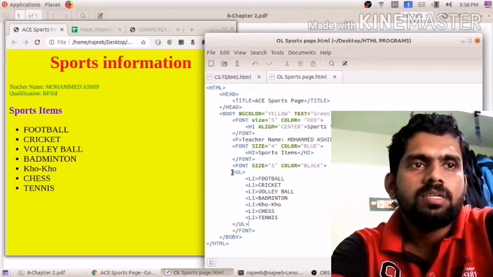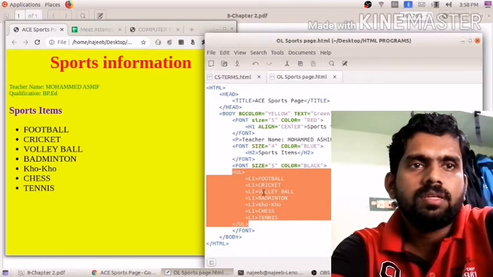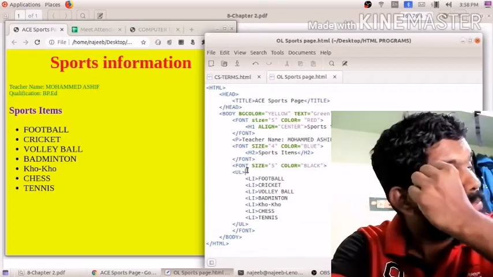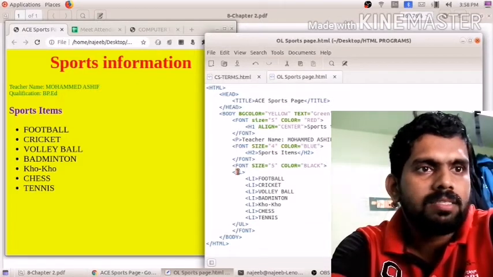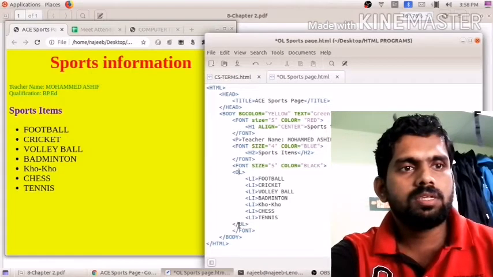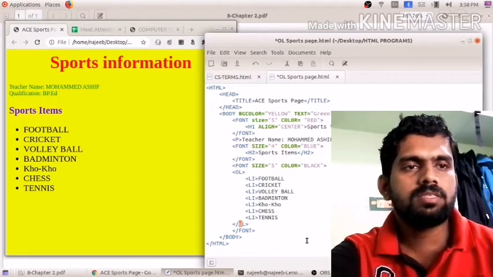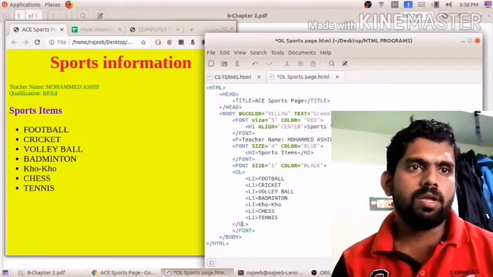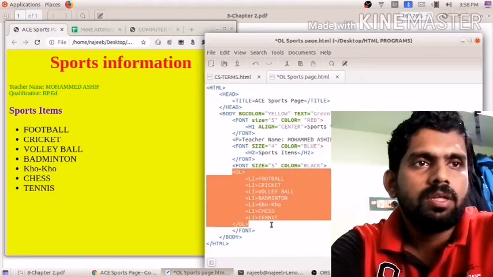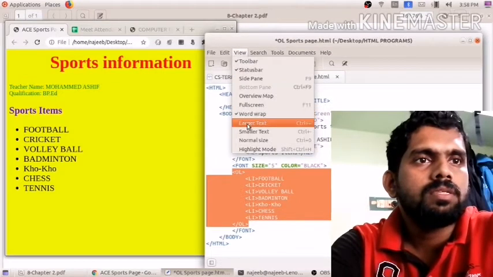So how to change? This is the list area. There we used the UL tag, unordered list. So I am changing it to the OL tag by simply changing U to O. Now you can see it is OL. Then closing UL to OL. So OL opening, OL closing.